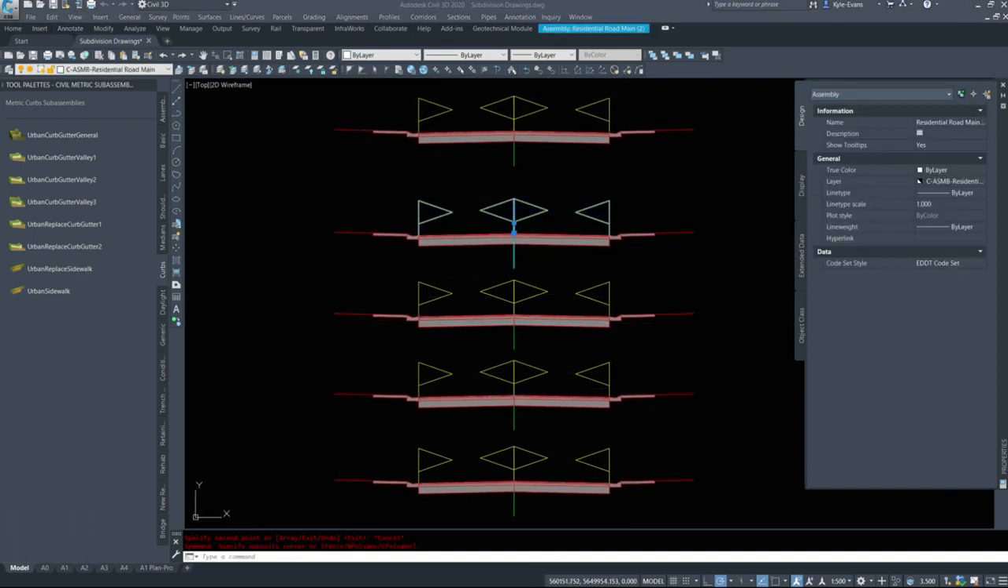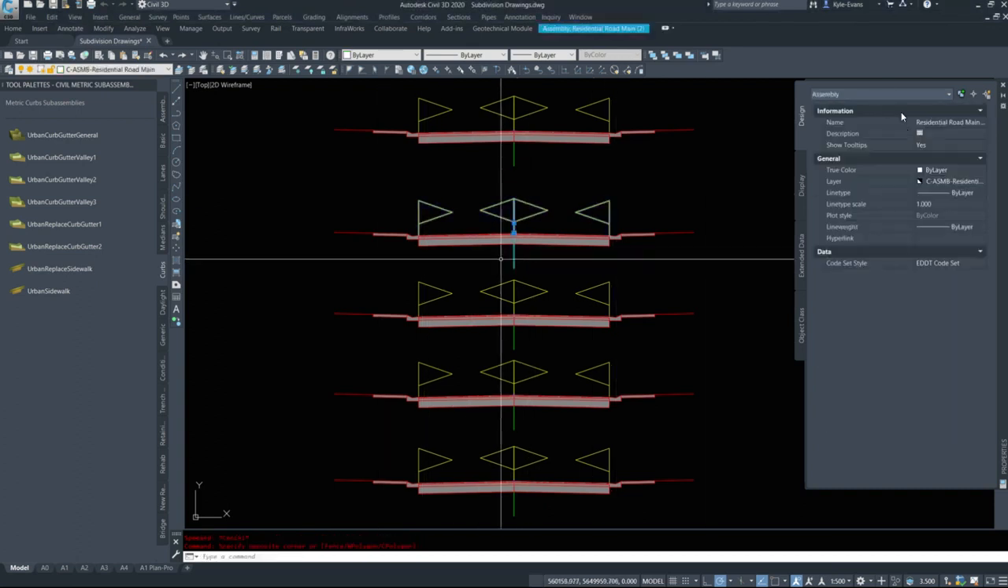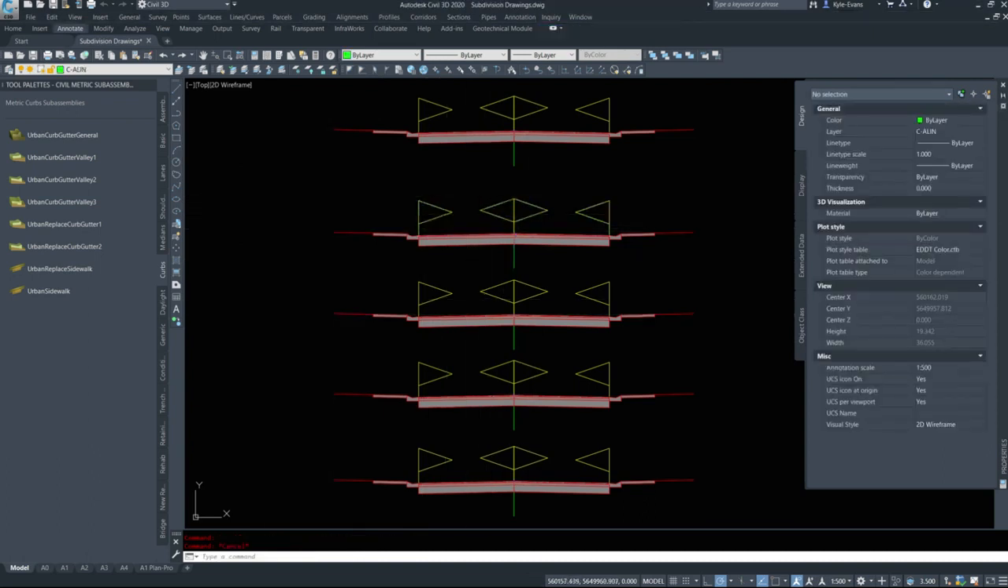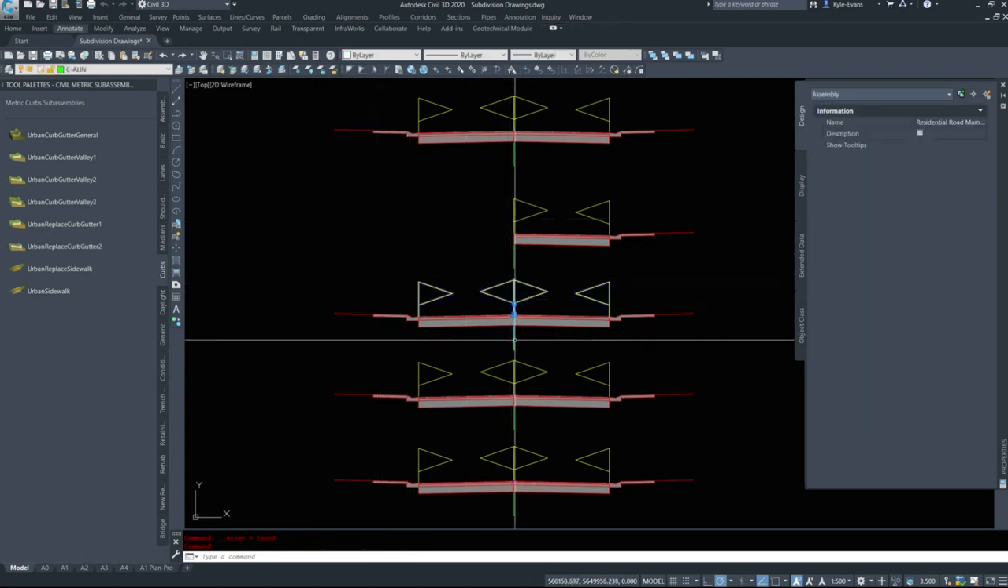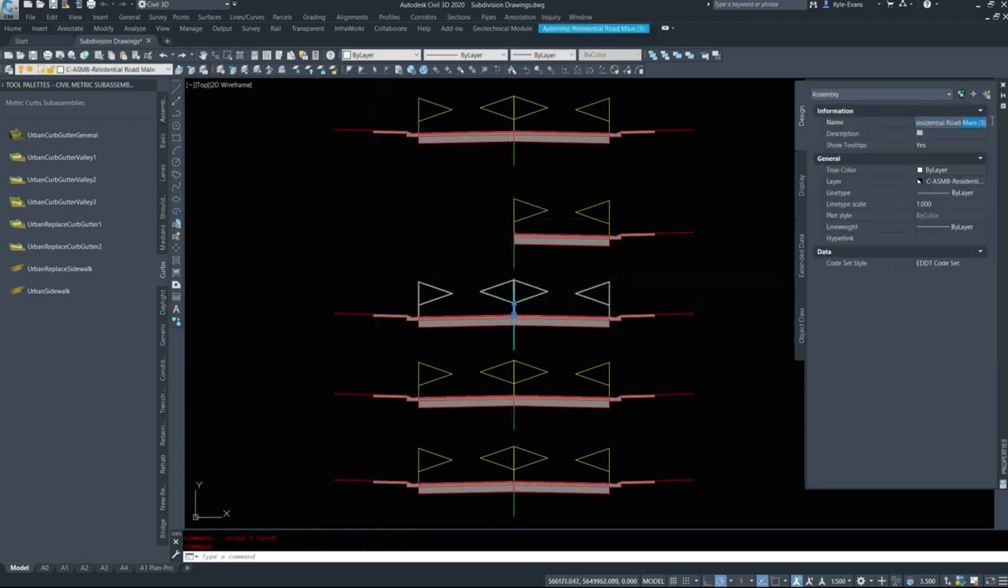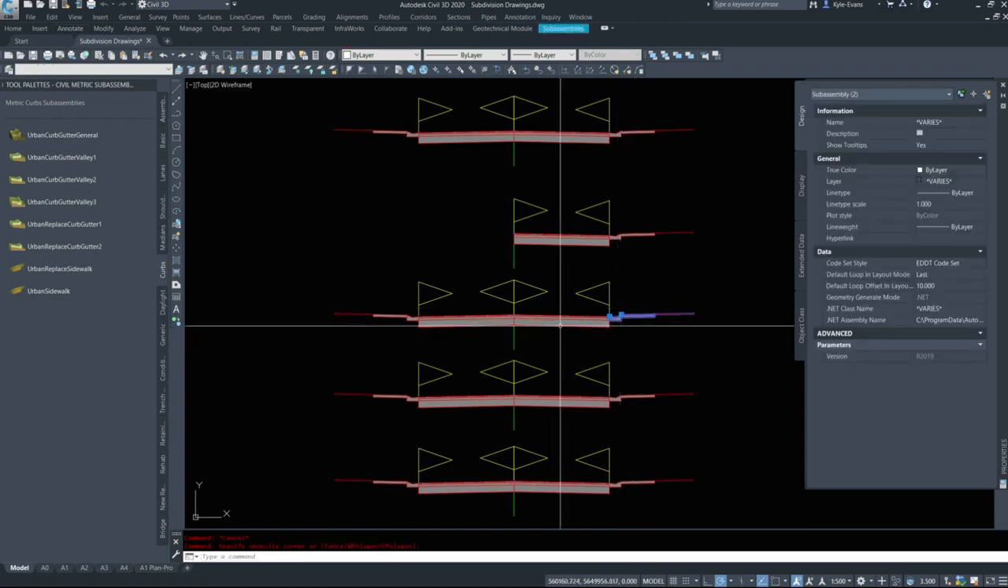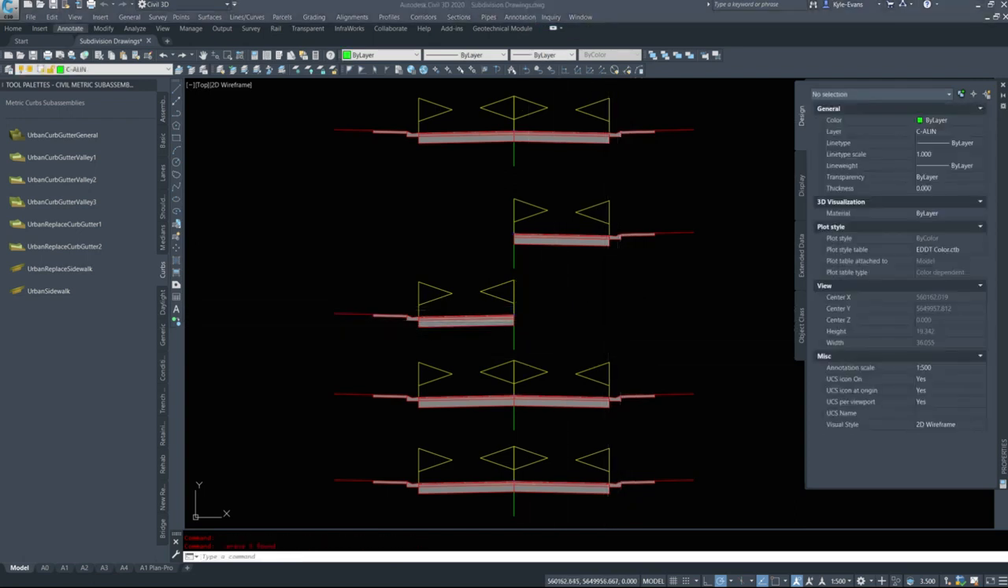This piece I am going to name residential road right side only. So residential road right side only. I'm going to delete everything on the left. This piece I'm going to name residential road left side only. And I'm going to delete these pieces. The other 2